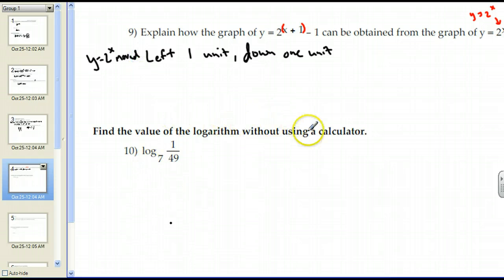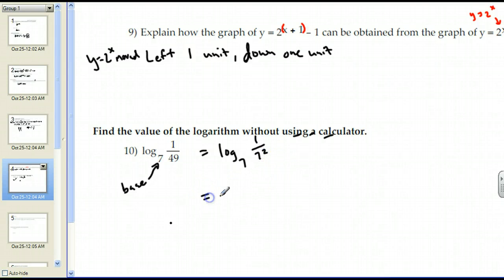Find the value of the logarithm without using a calculator. When you have a problem like this and it says without using a calculator, what I basically want you to do is try to get this is the base. The base is 7. So try to get a 7 out of this number. Intermediately here, I'm going to rewrite 49 as 7 squared. And then instead of 7 squared positive in the denominator, I'm going to write that as 7 to the negative 2 power,